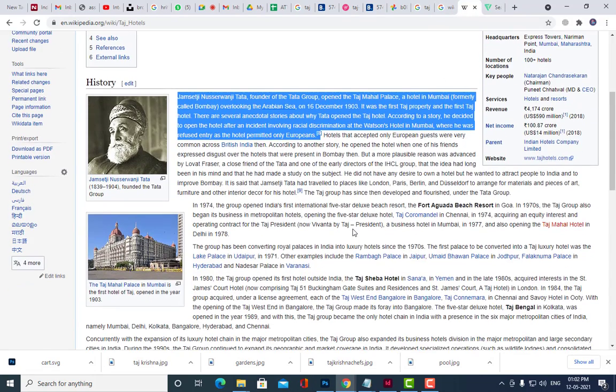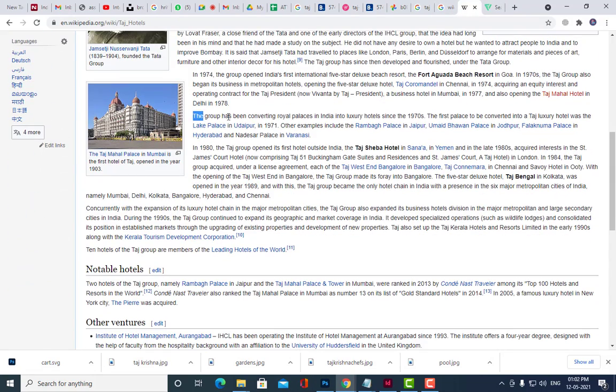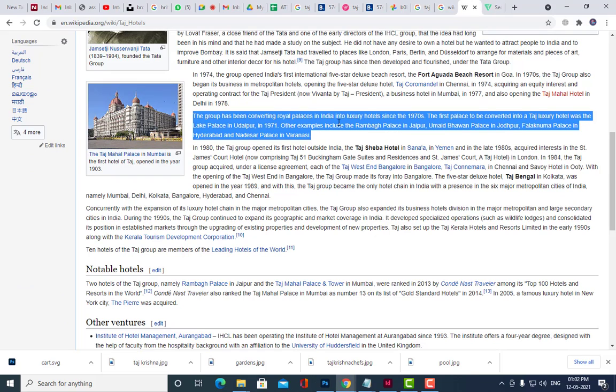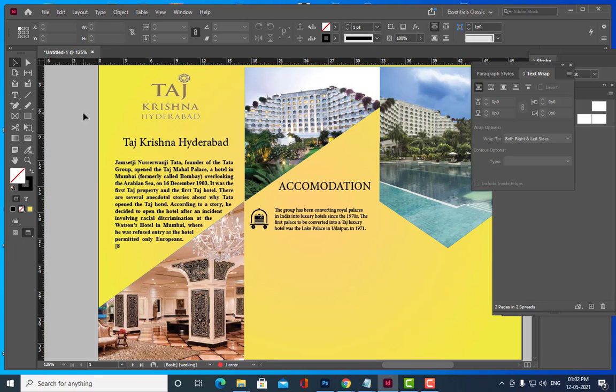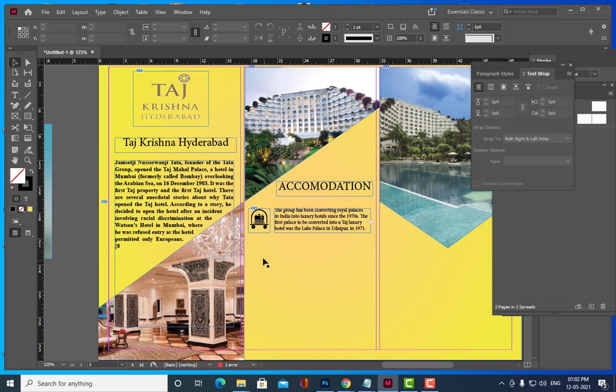Okay, so let me make it small. Right, so something like this, and then we will get a few more icons here.